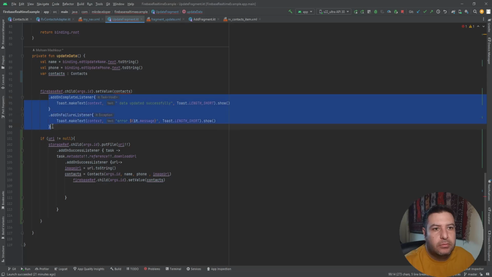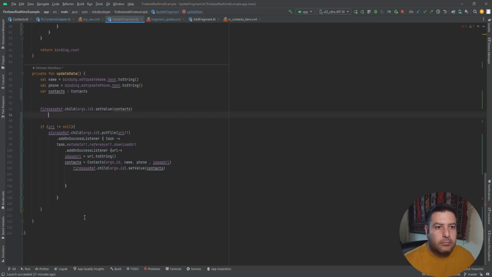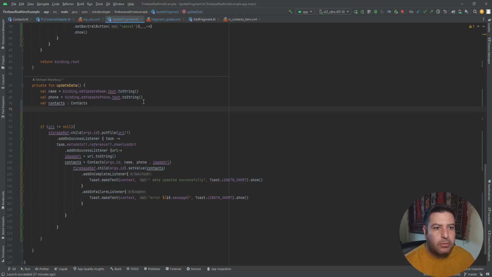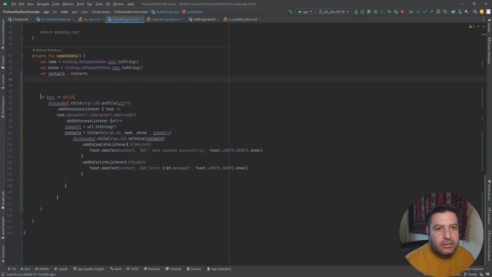I'm going to cut them. And we don't need this line anymore. Okay, the first case was if we have the new image and we are doing like this,